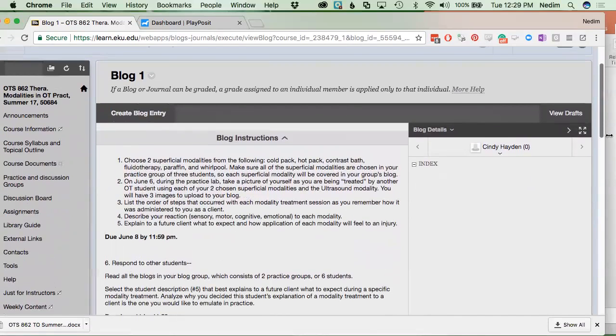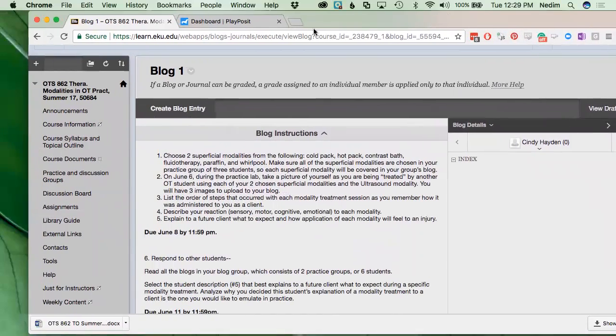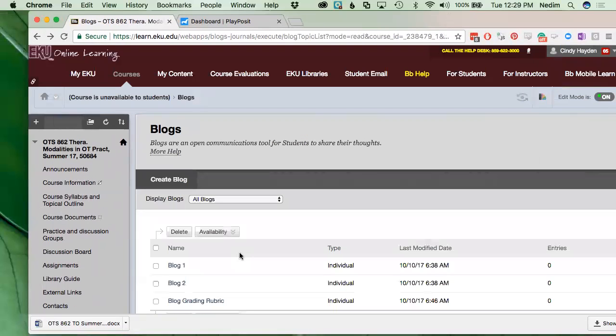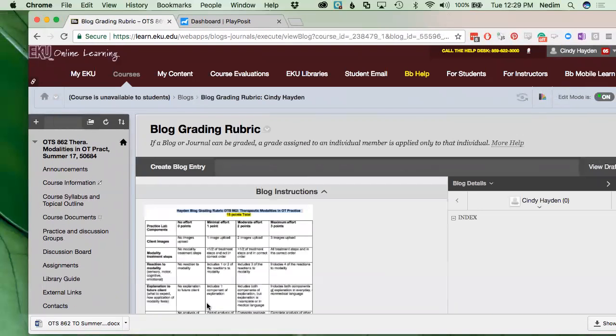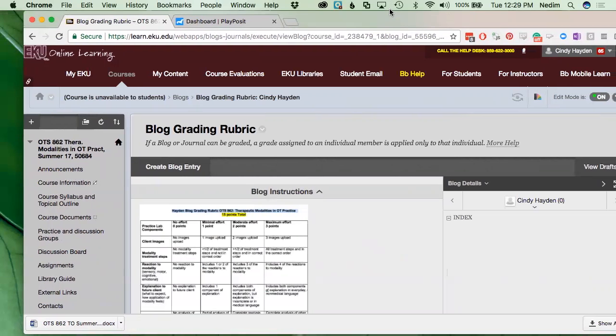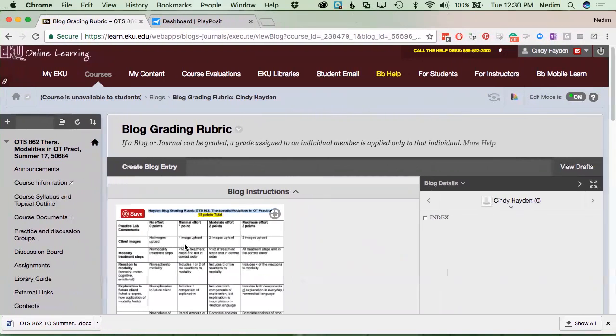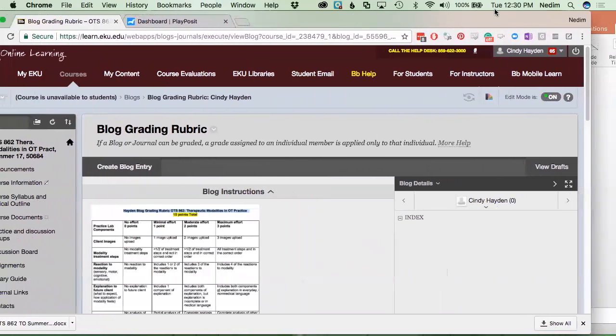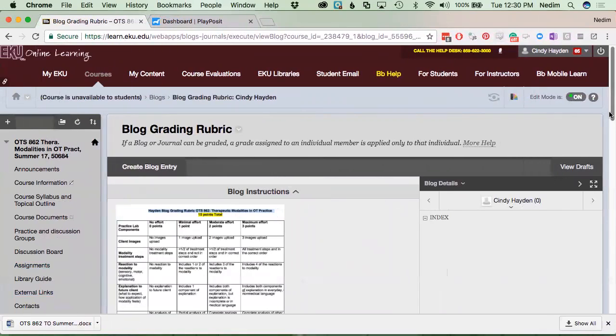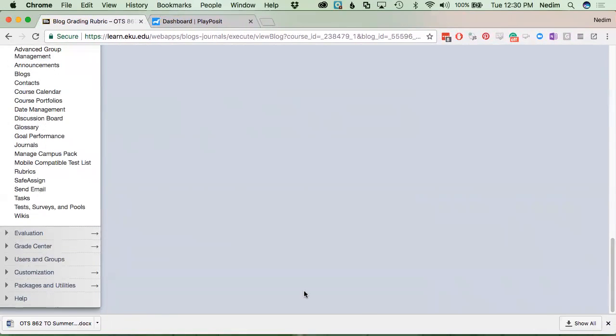I also think I had a grading rubric for the blog. Yeah, I'll pull that up. I'm not sure how well you can see that. But basically we took all the elements that I listed, 5 elements, and put them into a grading rubric. All right. And then for the